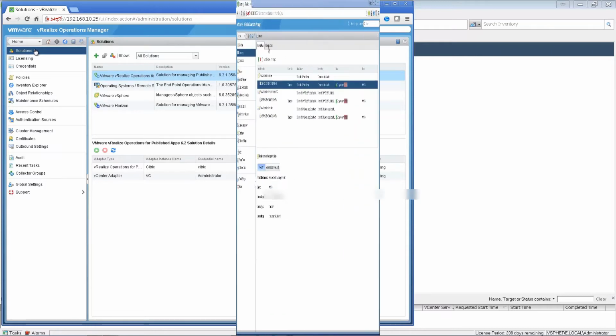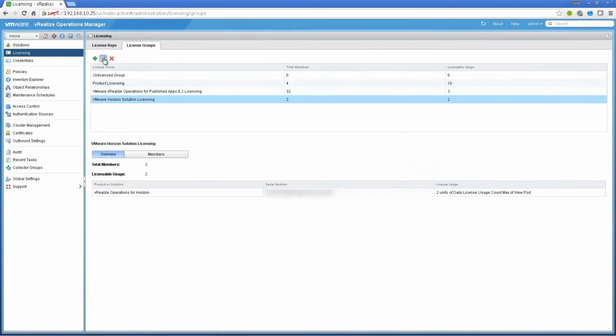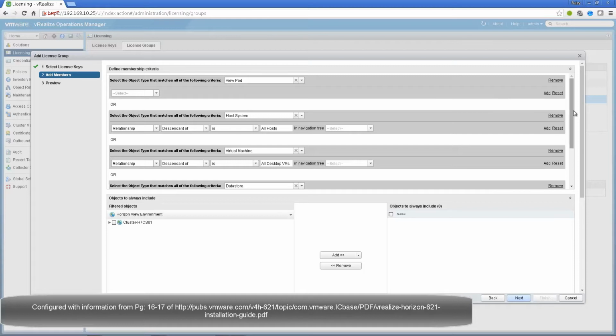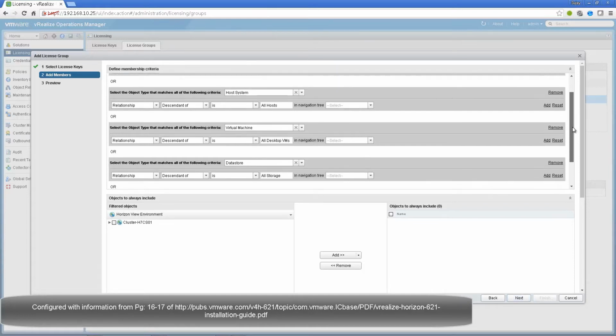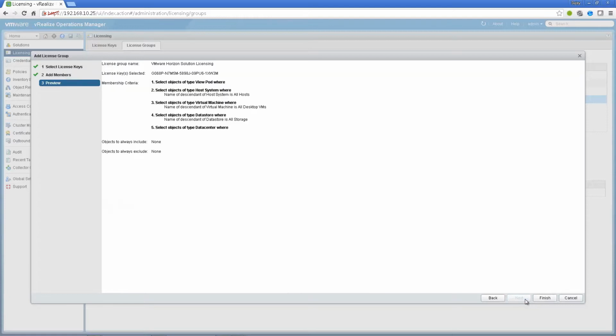This is done in a vROPS environment with mixed licensing editions. I've already gone ahead and updated the licensing groups for each of the solutions with the membership criteria defined in the installation guide. I've made the required changes to the membership criteria for each of the product licensing group and